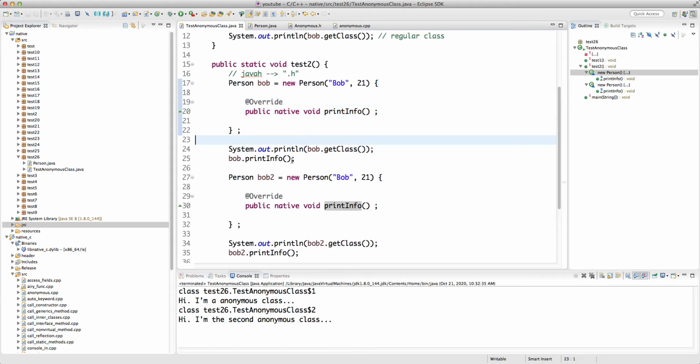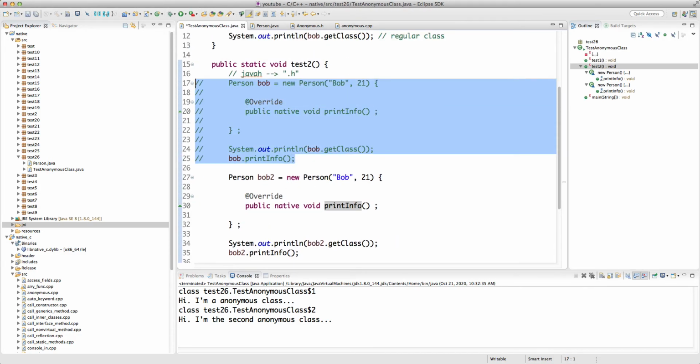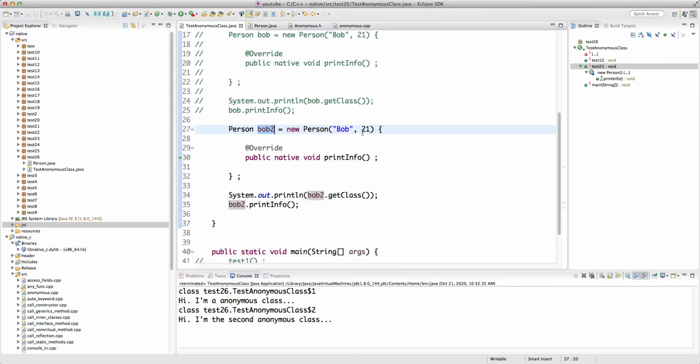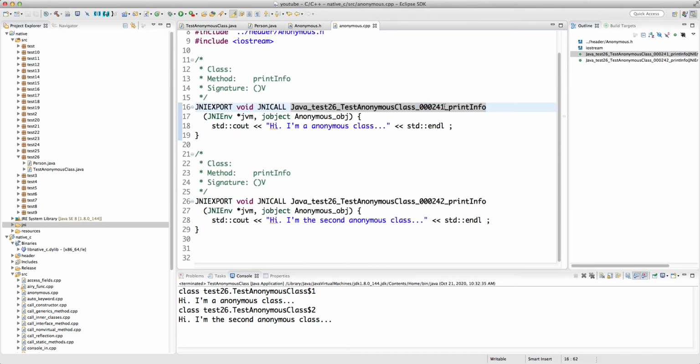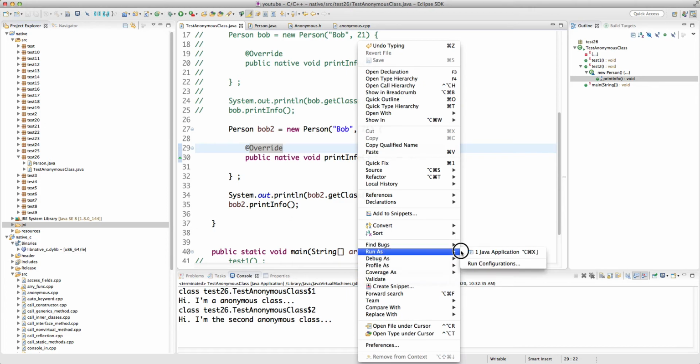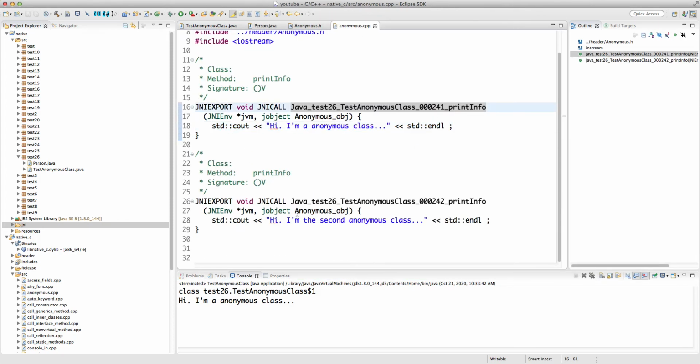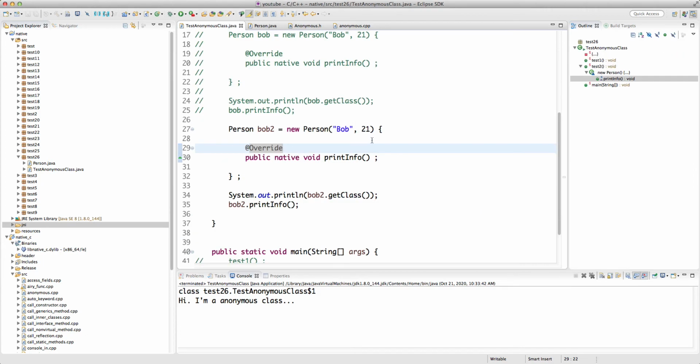So if I comment out the first one, then this bob2 becomes the first instantiation of this anonymous class, and then it's going to call the first one, this $1 from C++. So if I run this, yes, hi, I'm an anonymous class, which is for the first instantiation. Now obviously we can have as many as we want, 2, 3, 4, 5, but note that this is the